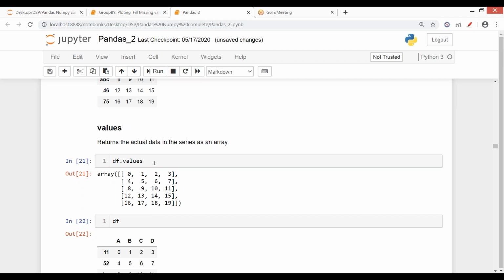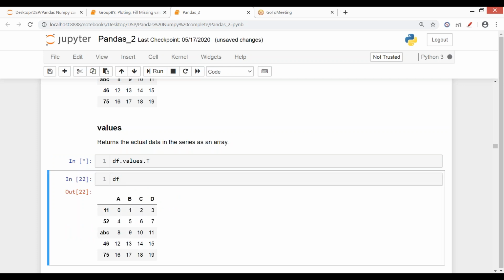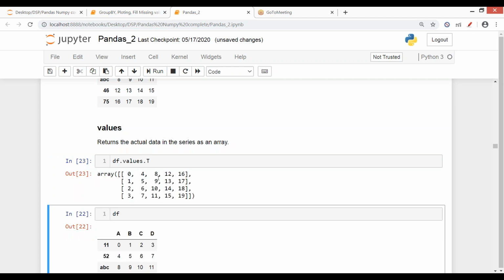Repeat, reshape. What reshape does is, these are my values. My data frame was originally having 5 rows. This was the first row, second, third, fourth, and fifth, 5 rows. I said I don't want 5 rows, I want 4 rows and 5 columns. Aditya Karoli came up with the answer that dot transpose will work in this one because it will make all of your rows as columns and all the columns as rows.